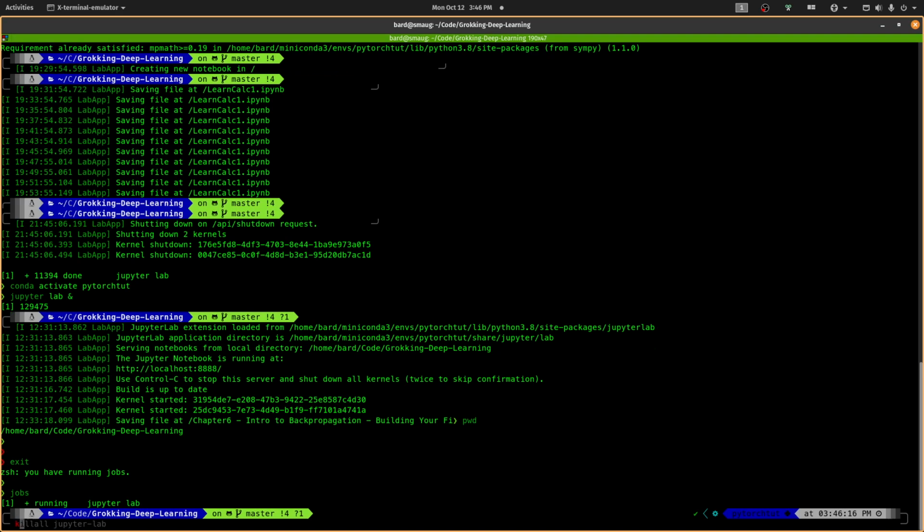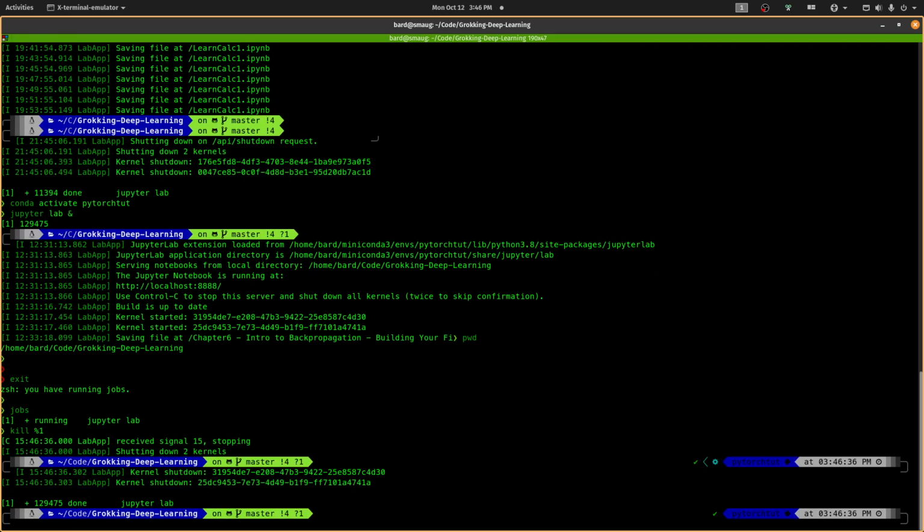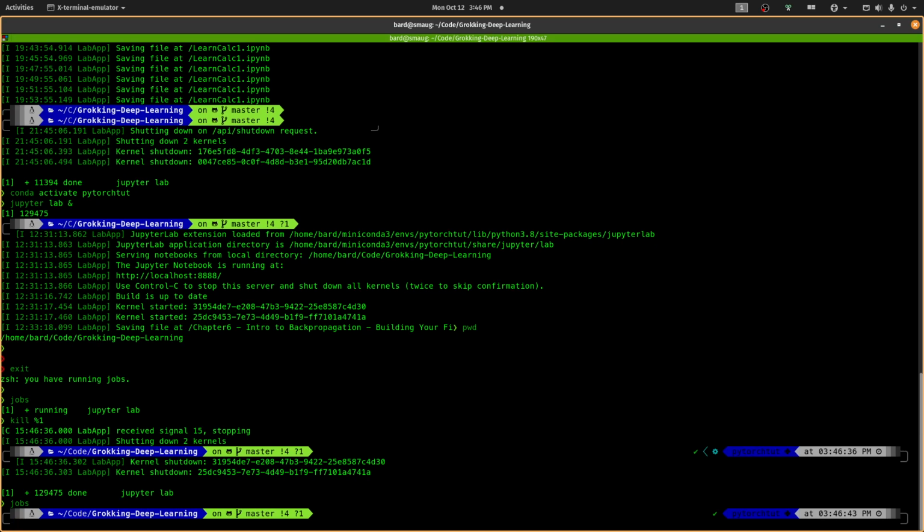Now, if I did a kill 1, it would kill my init process and my computer would crash. But this is a running job, and that's in the background, and it's job number one. So you put the % in front, and then you can kill that without crashing your system. Now, if I do jobs again, there are no jobs running. And exit from here.